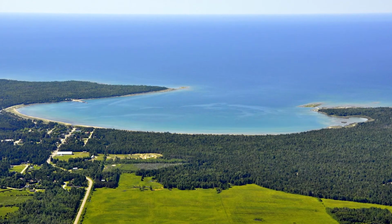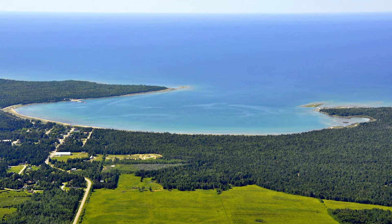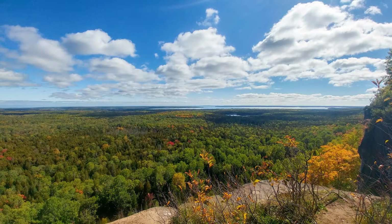Although it's not technically in a coastal region, I wanted to include this one today because it is well known as the largest freshwater island in the world. It's located on Lake Huron, about a 2-hour drive from Sudbury, or a 2-hour ferry ride from Tobermory. It is well loved by the locals here as a perfect getaway for